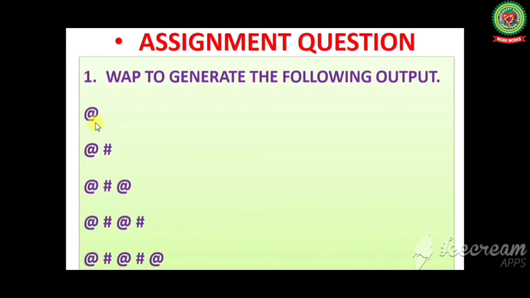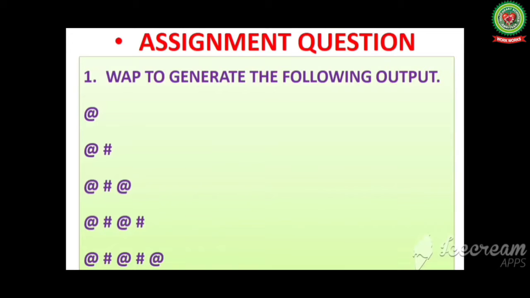Now see, in the first row there is only one column. So the inner loop will run only one time according to the first row. Now in the second row there are two columns. Now here in the second time when inner loop will run, this loop will run only two times according to the row. That is, in row 2 the column loop will run only two times. Now similarly in the third row there are three columns. So here again the inner loop will run only three times according to the rows.